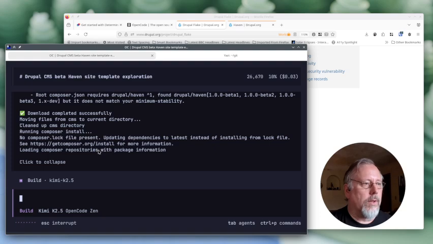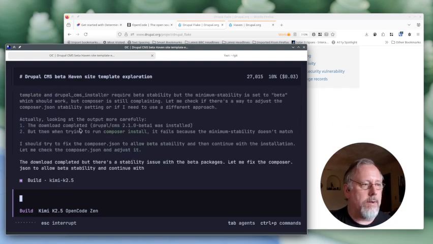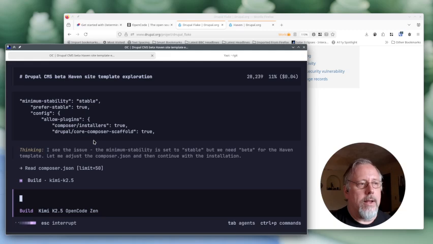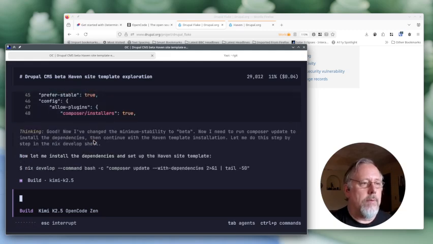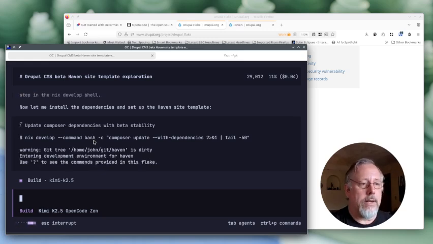And we can look at more details. So it looks like it has already pulled down Drupal CMS, but it hit a problem. The problem being that the Haven site template, being beta, depends on a beta version of Drupal CMS. And it looks like it's already figured that out and set it to allow unstable modules to be installed. So now it's running the Composer update,